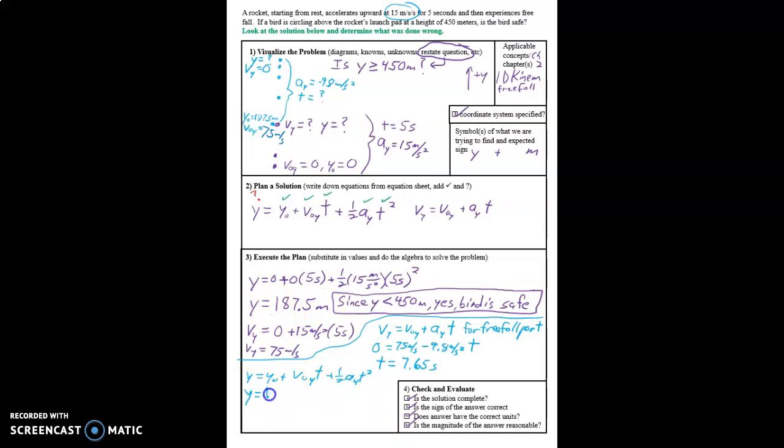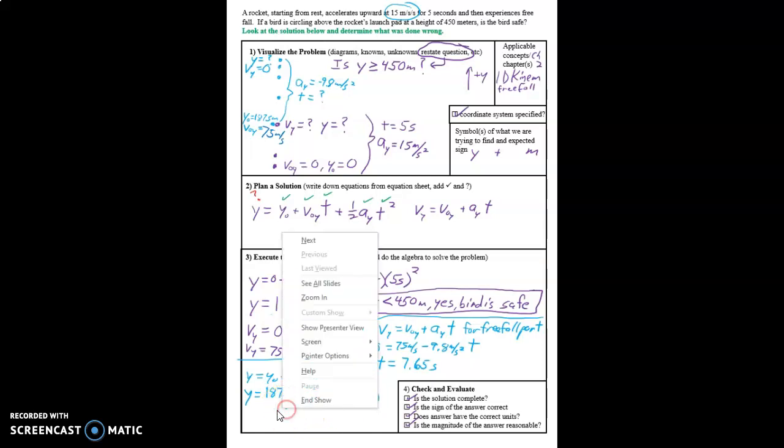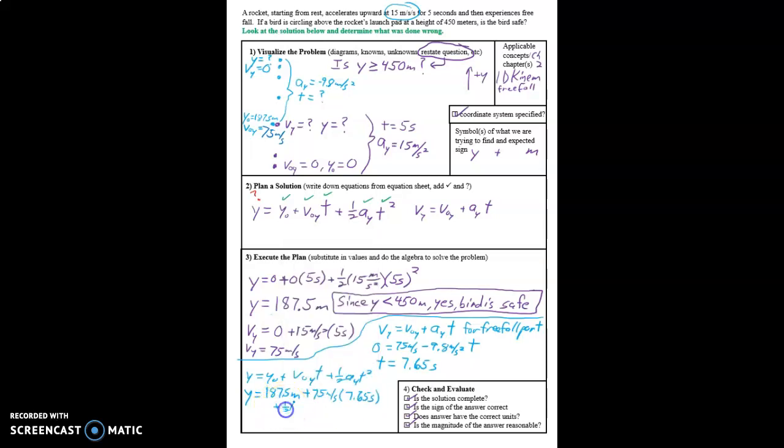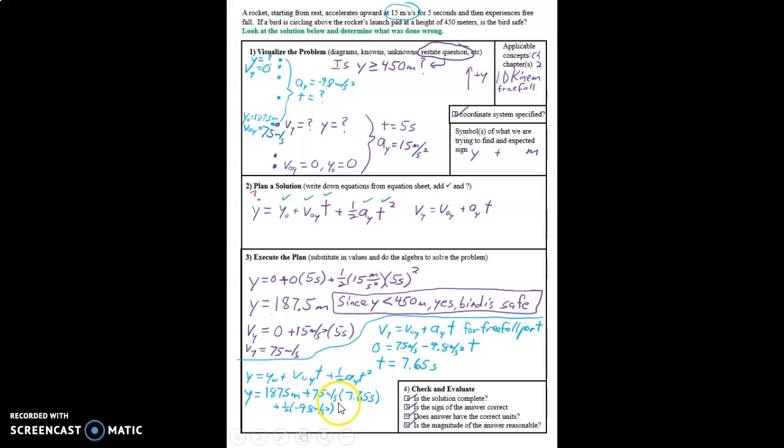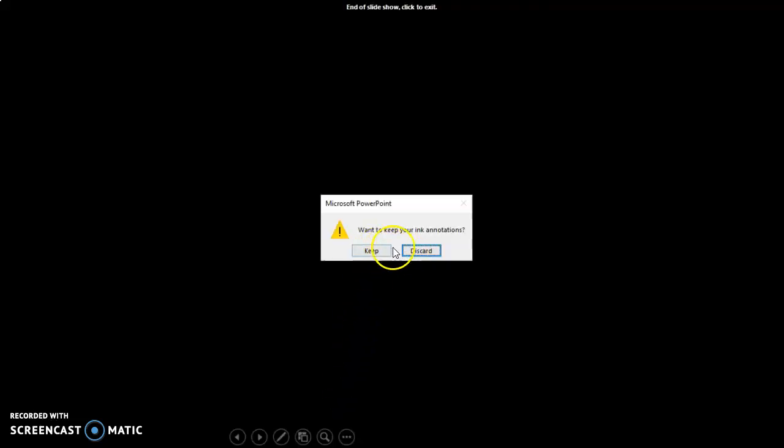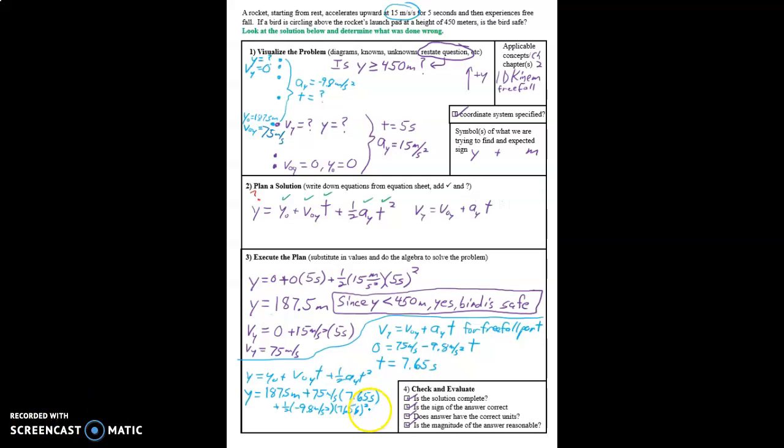So y equals 187.5 meters plus, not 0, it's going 75 meters per second at the beginning of this time, 7.65 seconds plus 1/2 times negative 9.8 meters per second squared times 7.65 seconds quantity squared,